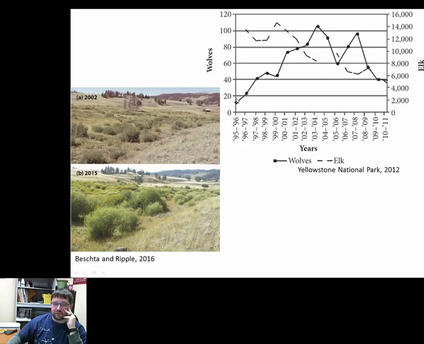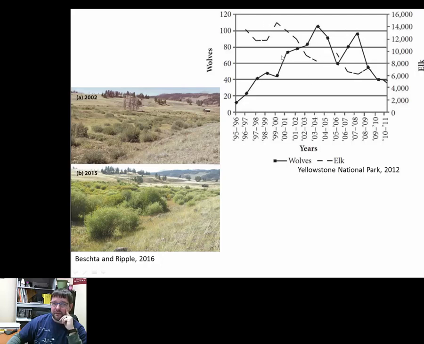So in the case of wolves, between the years 95 and 96, 31 or so were introduced. Okay, so this is the wolf population in Yellowstone, and the highest it ever got was about 105, 108, somewhere in that region. And the elk population has always been in the upper thousands. The highest the elk population got was during the time that wolves were introduced. Okay, in 2000, the elk population was right around 14,000 elk in the national park, and that steadily started to